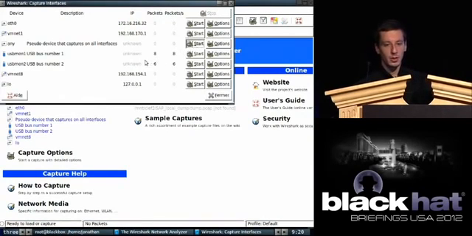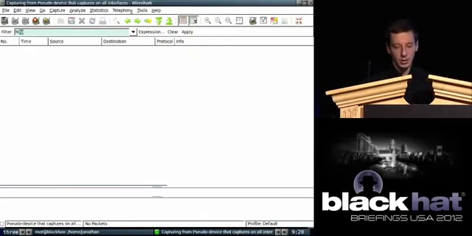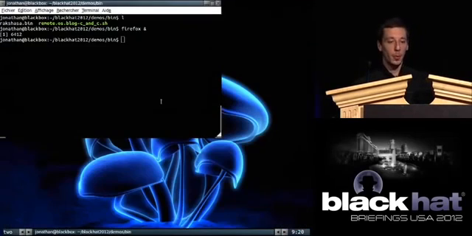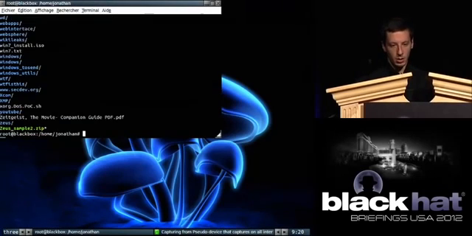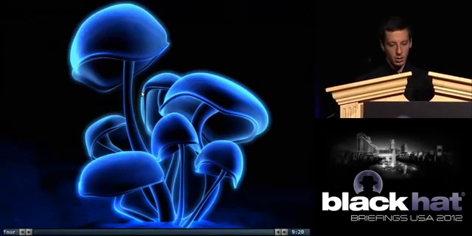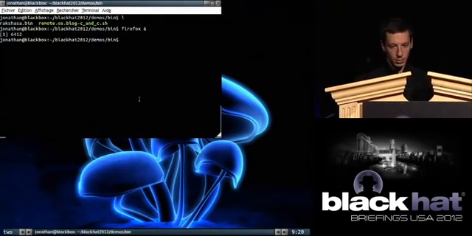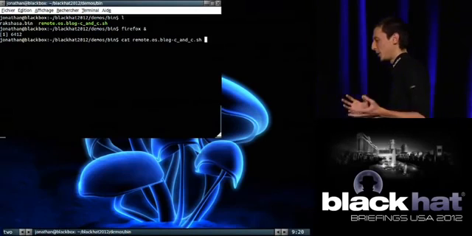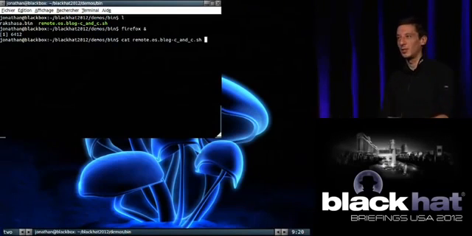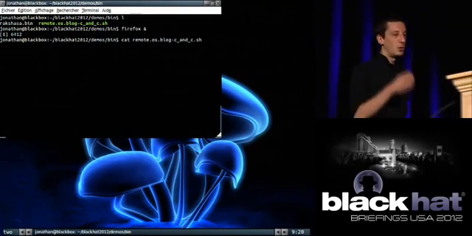So I'm going to sniff on any interface. Only HTTP is going to be really useful to us. The command I'm going to be using, I could show you on a proper motherboard, but it wouldn't be too visual. We could not sniff packets, etc. So we're going to use